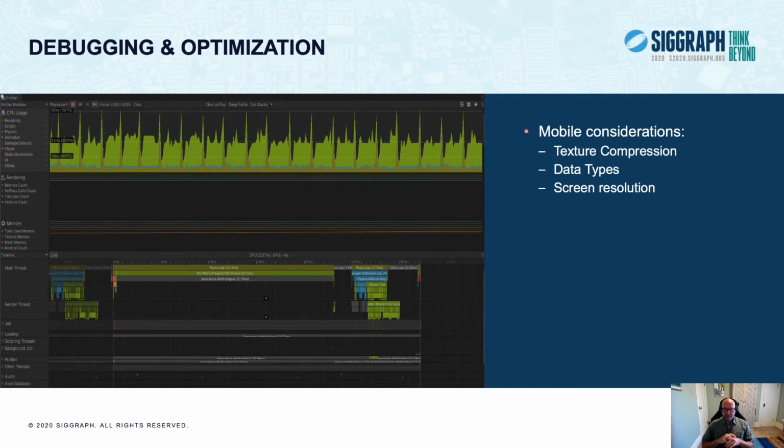Platform and vendor tools are your friend. Furthermore, if you happen to be using a game development environment, so for example, the image here is a capture from Unity's timeline profiler that I did while working on a project. And as you can see, it shows you a tremendous amount of information about what's going on. You know, how much rendering work is going on, where in some cases the stacks are the deepest. But this is fundamentally cross-platform.